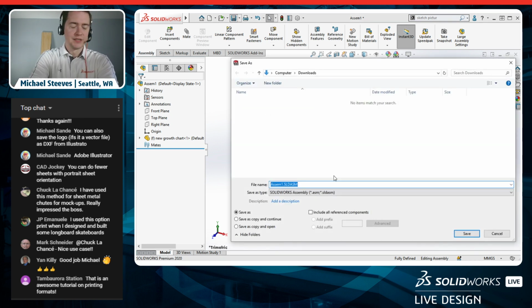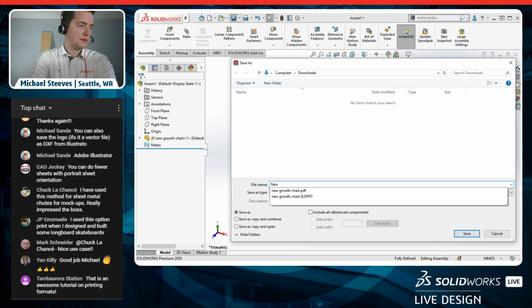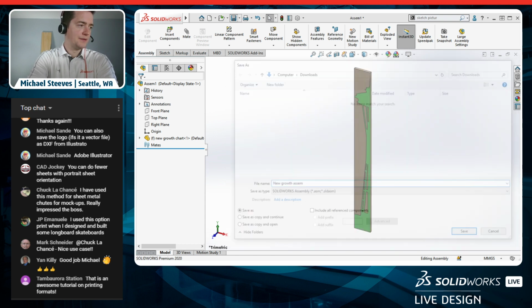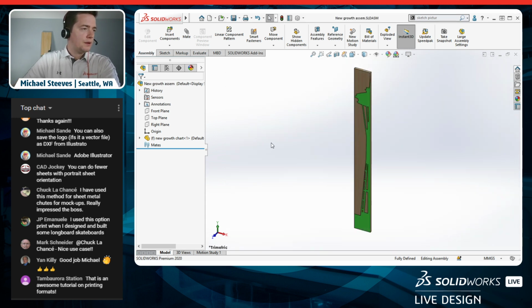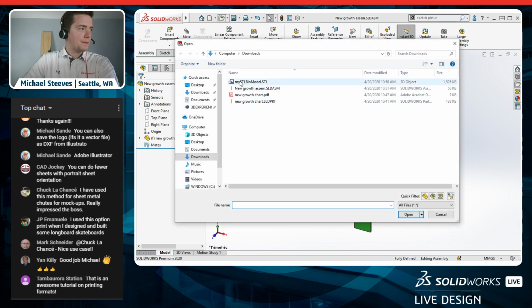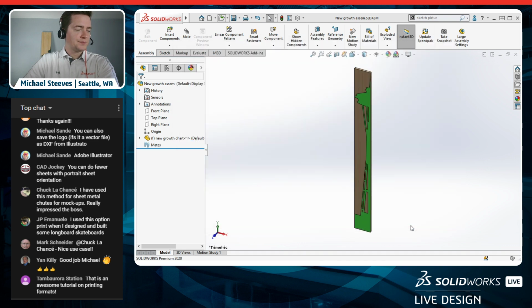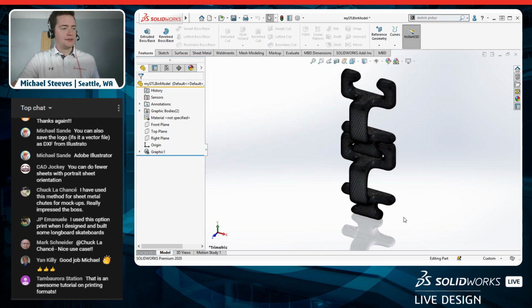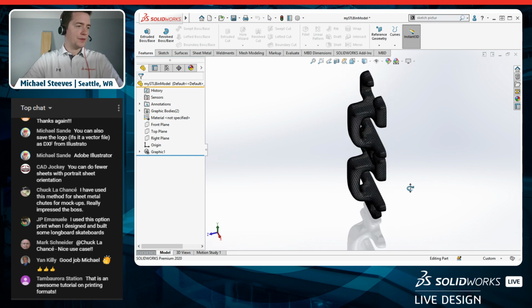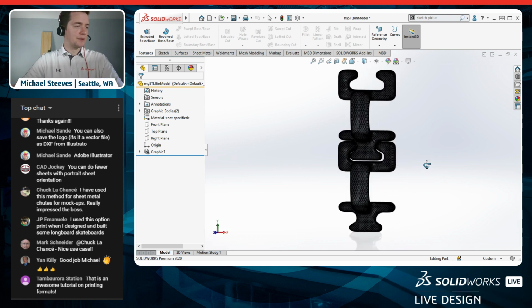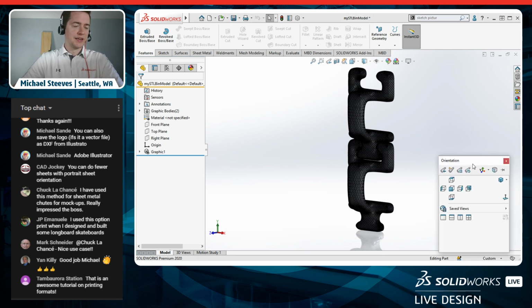We'll save this as our new growth assembly. I want to open up that STL. So from those downloads, I can open up that STL, and it comes in with Z up. That's kind of interesting. So one thing to take a look at there is I can hit the space bar, and